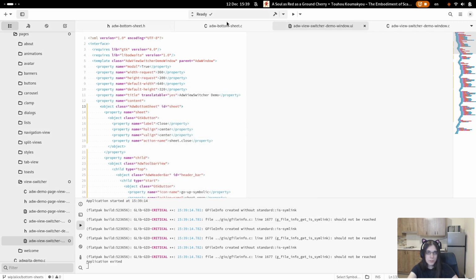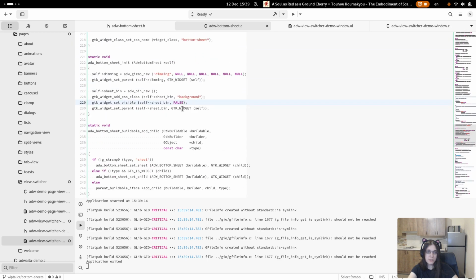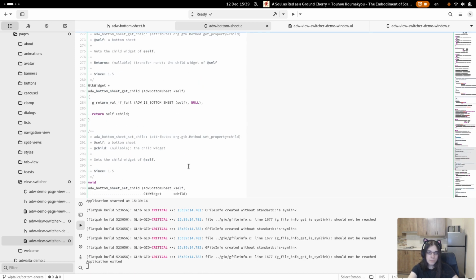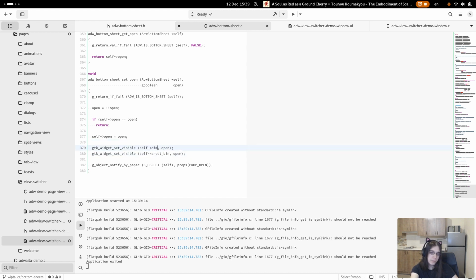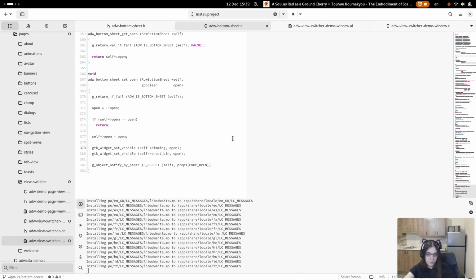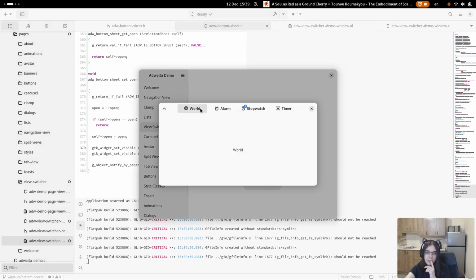Oh, right. I also need to show and hide dimming and not just the sheet bin, because dimming does block input. And it does it on purpose because later we should be able to click dimming to close the sheet. So basically, just click outside it. But that's not possible yet, so right now it just blocks input and does nothing. But yeah, now this is still clickable. I can open it and it doesn't work.